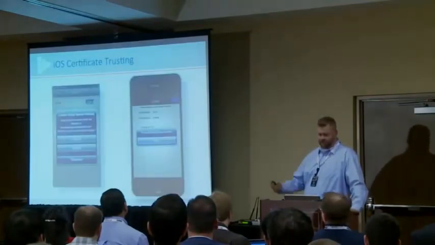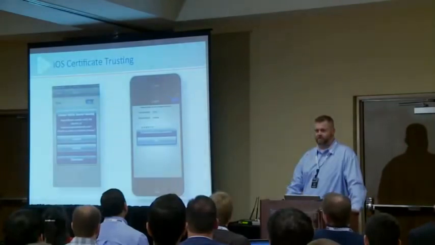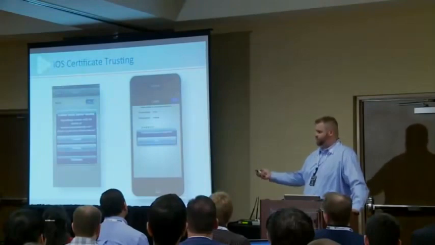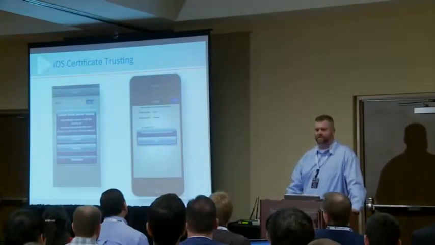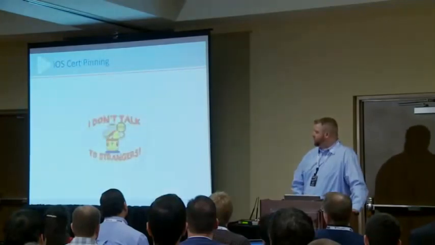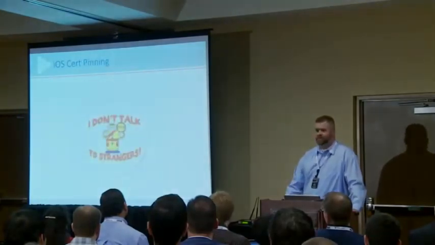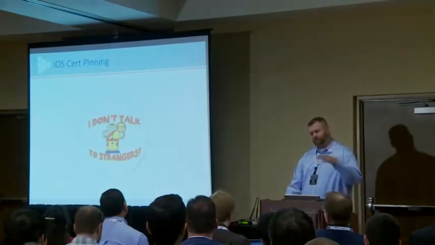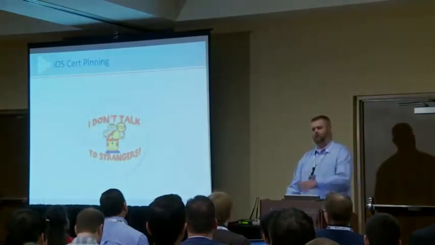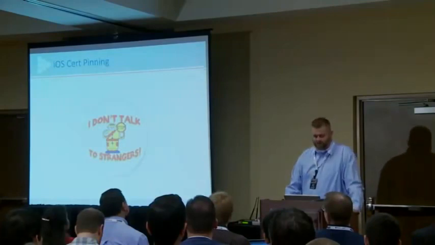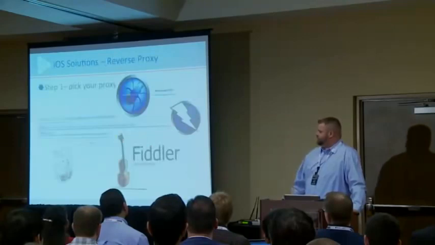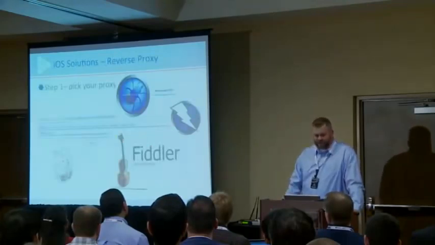So obviously you've seen these many times if you've done any sort of iOS testing from a device or from the simulator. I love the "connection failure occurred." Well, what does that really mean? It doesn't tell you anything. And then cert pinning: I don't talk to strangers. So the new thing, at least on mobile apps, is the mobile app won't talk to anyone but what it thinks the server is. And they do that by validating the server cert. So I'll go into it step by step too.